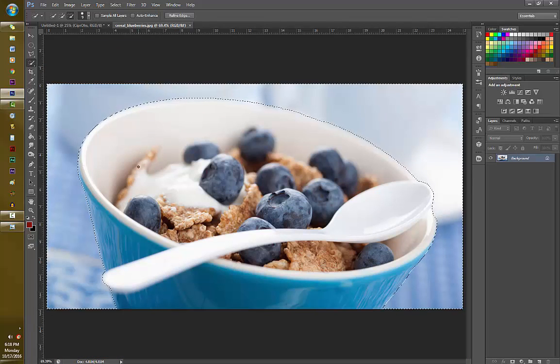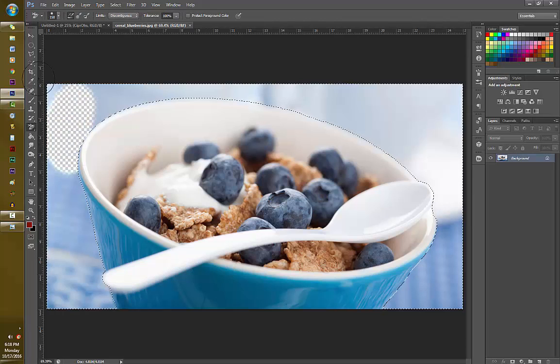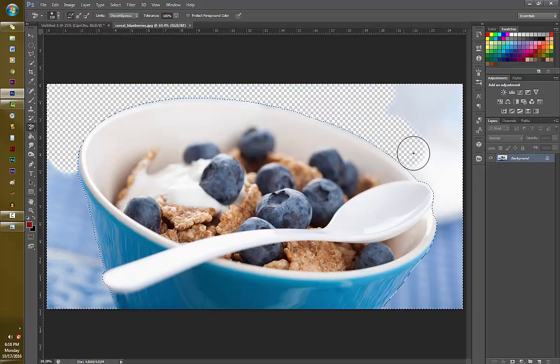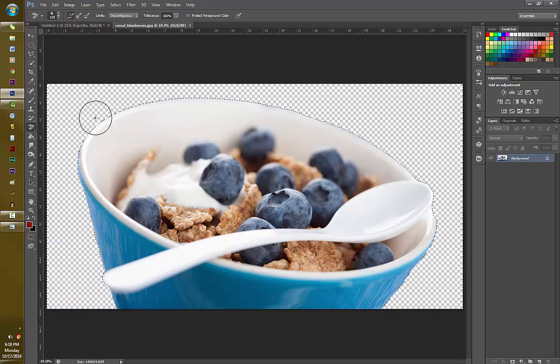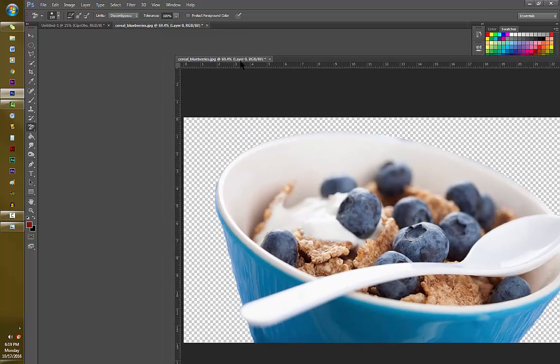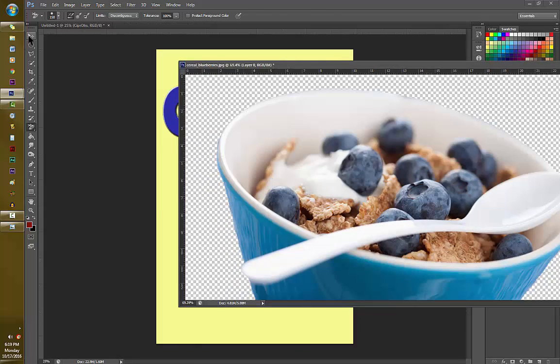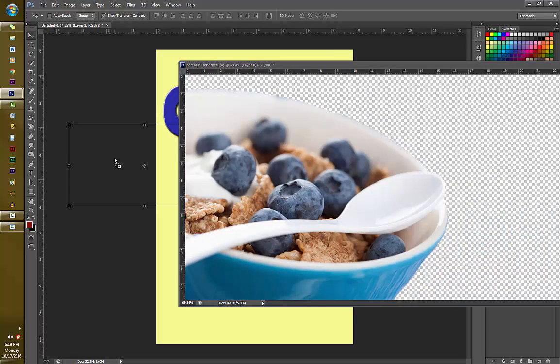Alright, I have the outline done. So now I'm going to use the background eraser tool and erase the background. Control D to deselect, and I'm going to move this layer forward. I'm going to click on the move tool, and click and drag and drop this